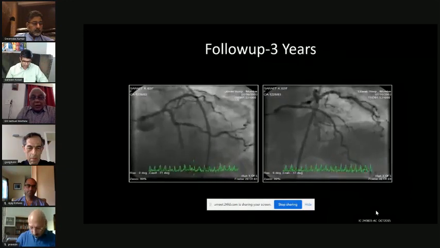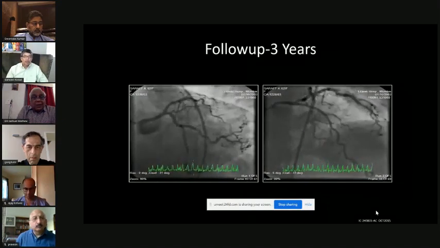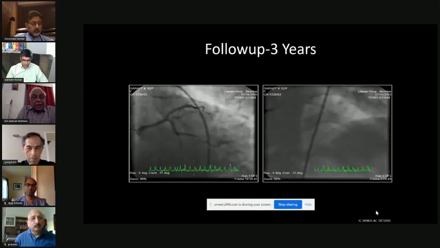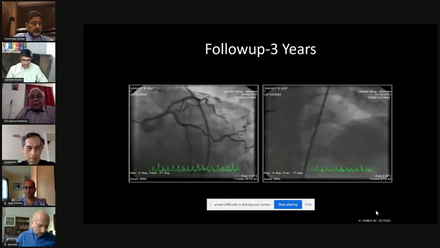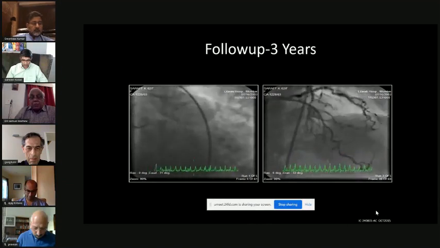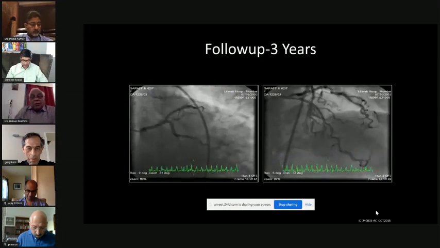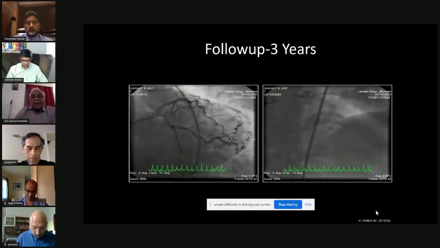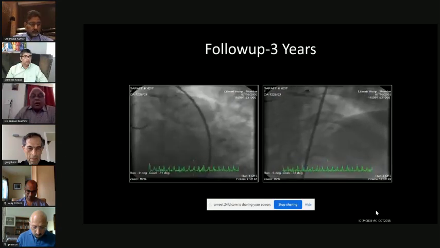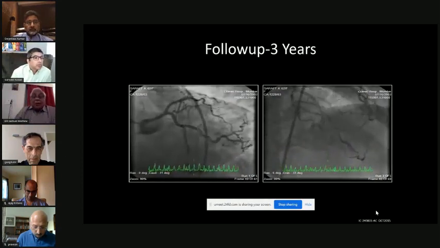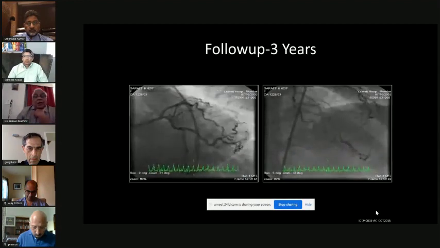angiogram after 3 years. If you look at this picture, you see the artery, the left system, the LAD as well as the circumflex have positively remodeled themselves and now, a surgeon would say, yes, these are graftable vessels. What we did was only to modify the plaque and get the flow re-established in a patient, and it did work well. This is all anecdotal examples, but if you have proper long-term follow-up, probably this may work out well